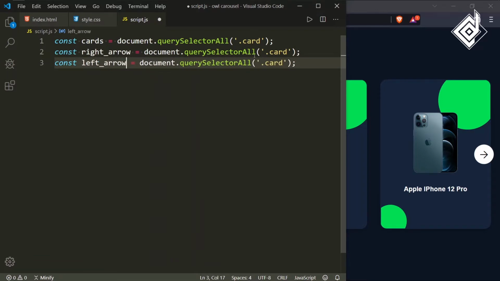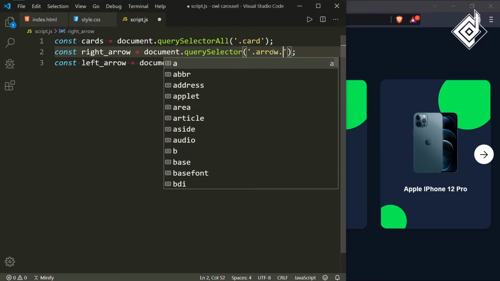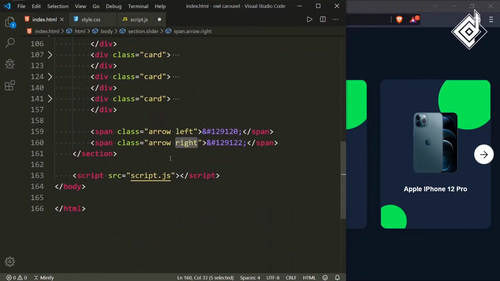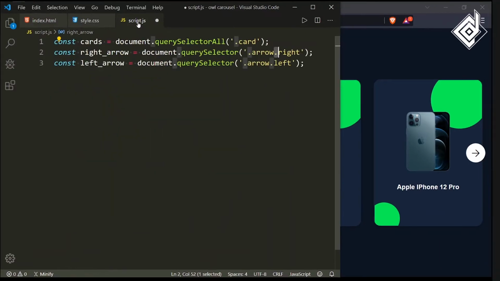Now we are selecting only the right arrow, so instead of querySelectorAll, we'll give only querySelector. Now instead of .card, let's give .arrow.right, and also let's give .arrow.left. So remember, there is no space. In the HTML file, you can see we have given the 2 class names, arrow left and also arrow right. So remember, there won't be any space.